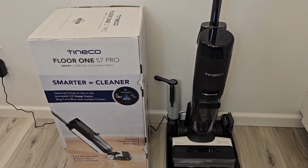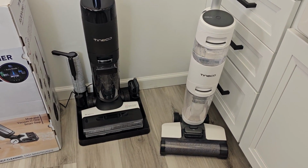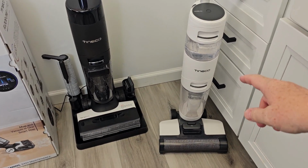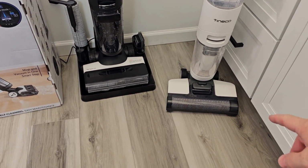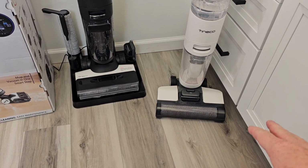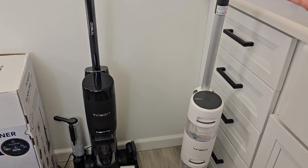features and different things. Here I have the S3 Breeze. It's about $230. It does a fantastic job. You got a little smaller tank, a little smaller dirty water tank, but the brush head, it's different, but it